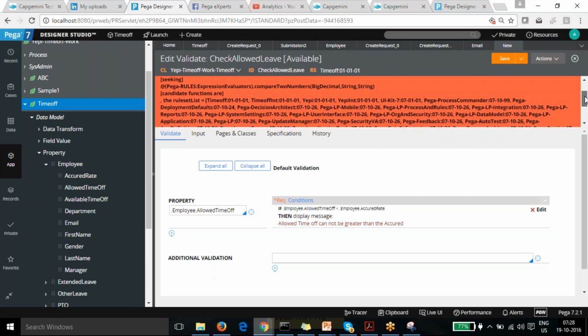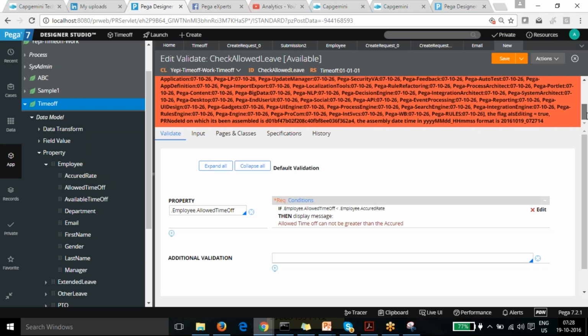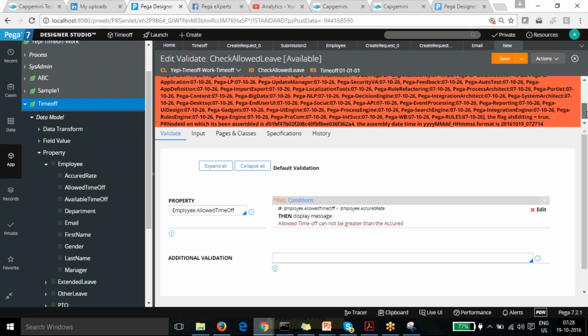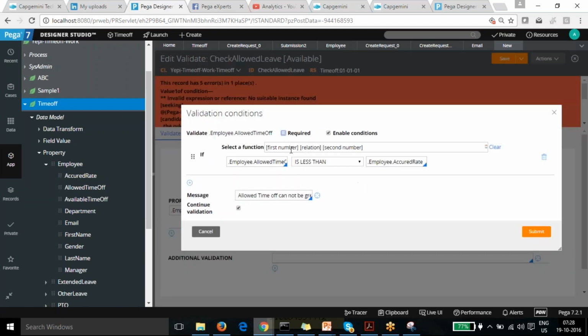First number relationship with the second number.